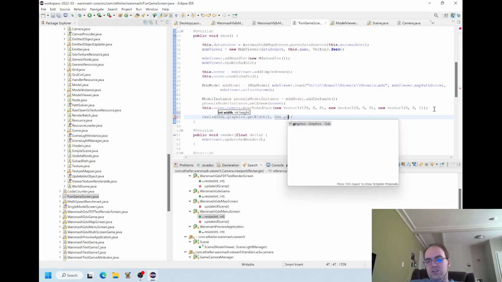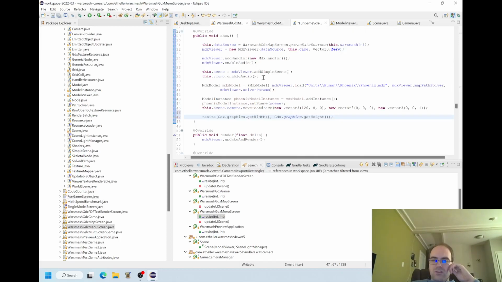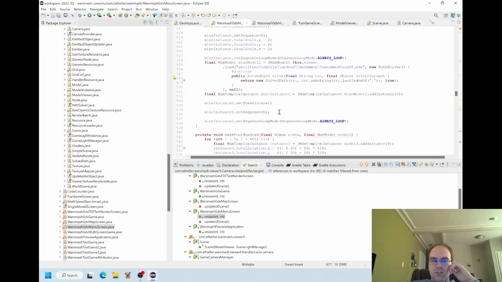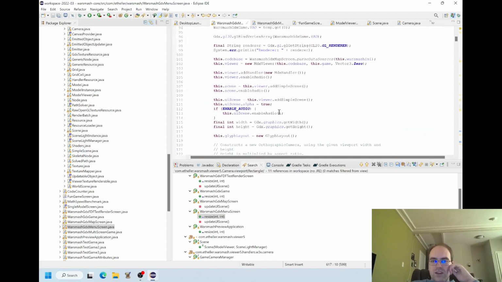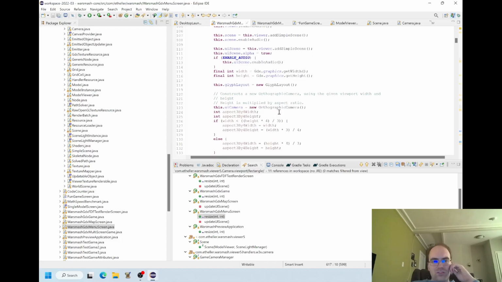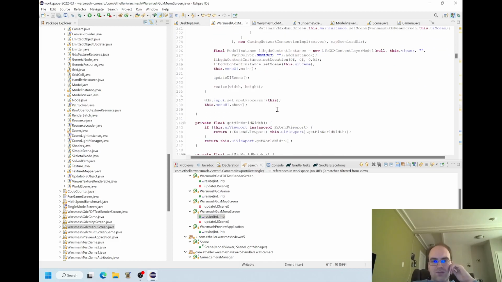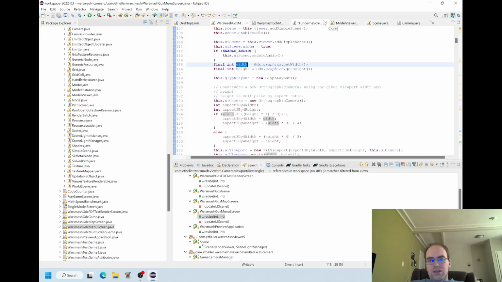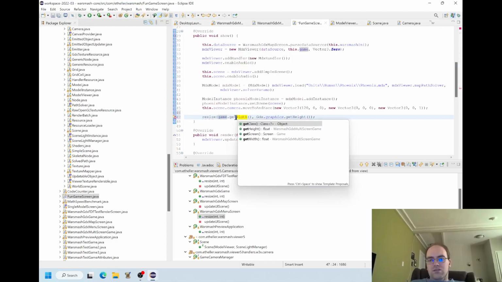What is this? GDX graphics, width and height, the width and height of the game screen? Maybe that's not correct. Maybe it would be more correct to use the canvas provider on startup. I want to say that the other stuff probably does this though. They all just hack together. You can see the original code of Warsmash is not really better than what I'm hacking together right now. There's a lot of commented out trash and that sort of thing. Yeah, it is pretty much doing what I did here. I think it might actually make more sense if we use like the game thing.